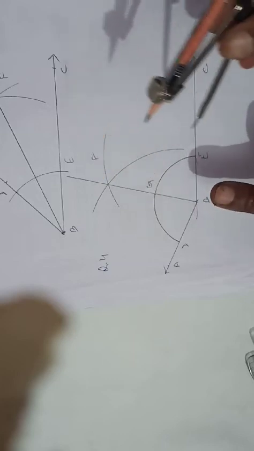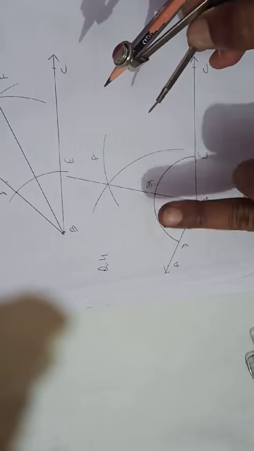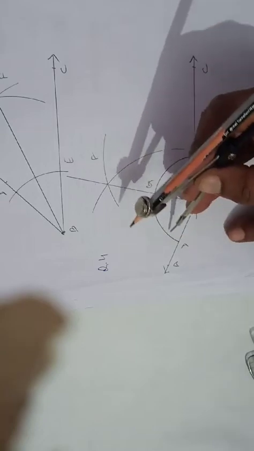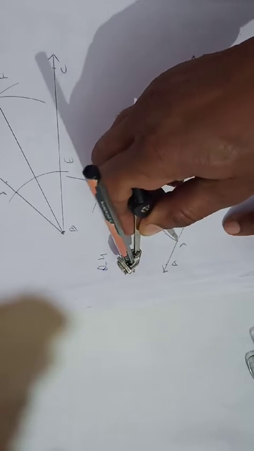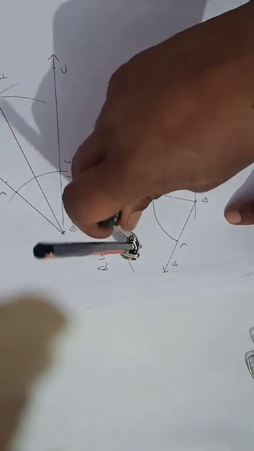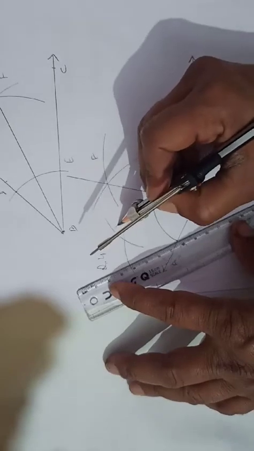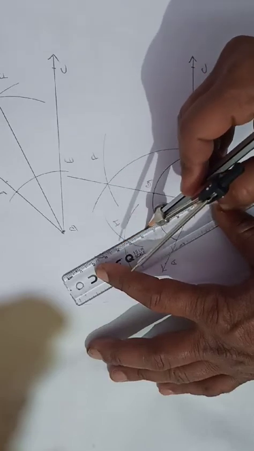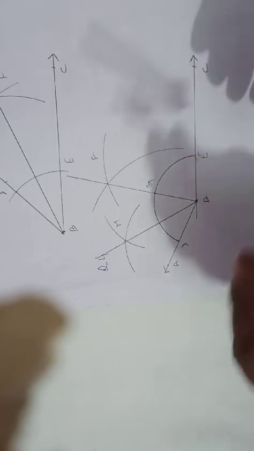Now there are two parts of this angle ABC. One is this, another is this one. We have to divide this part further. The arc is already drawn, so you can open the compass to a radius of your choice. D as center, then keep it unchanged, G as center. Okay, so we get this point H. Join H and B.